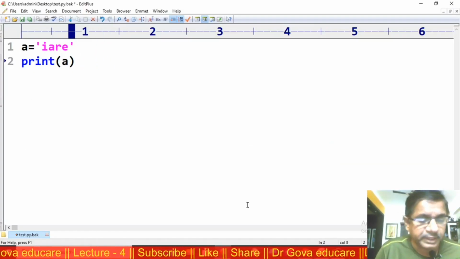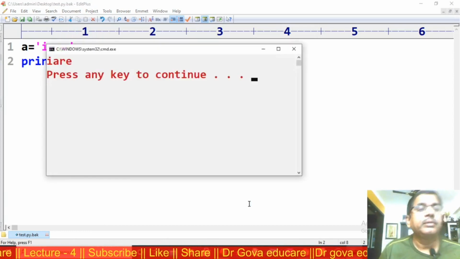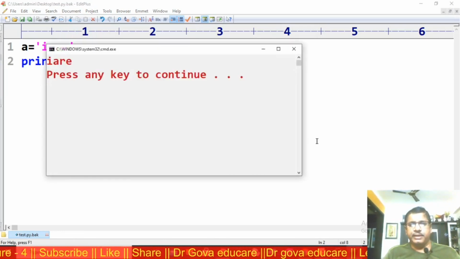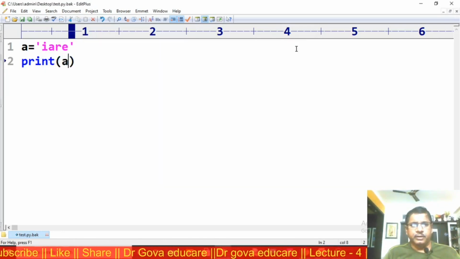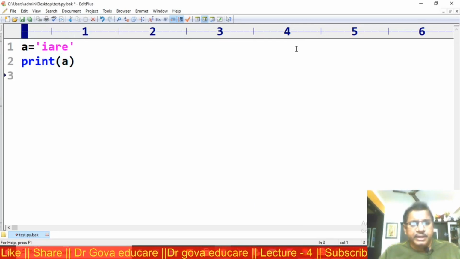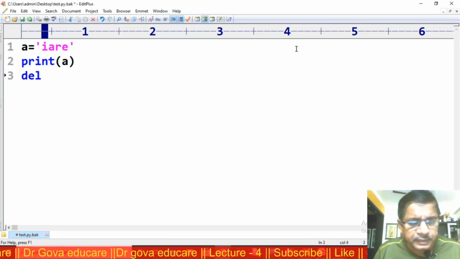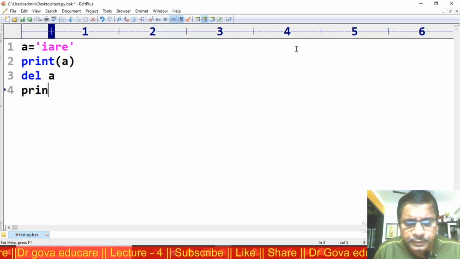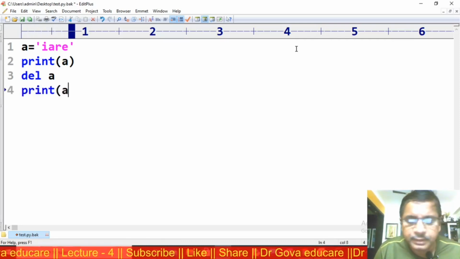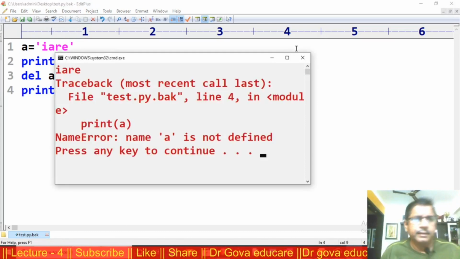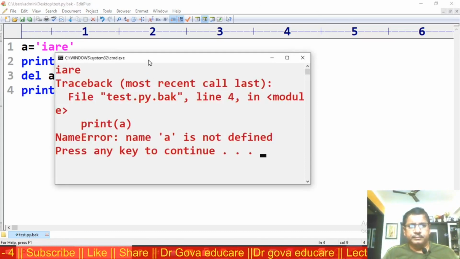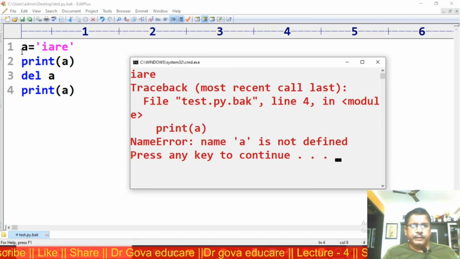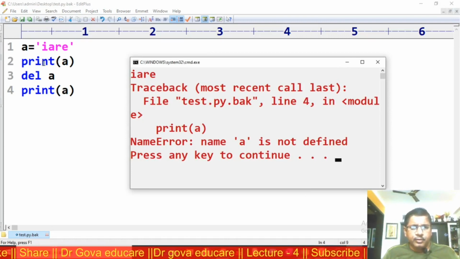Now I am trying to print A, same code. Now IARE will be displayed. Now I am deleting, del A, print A. Now observe here, using this print statement, this is the output.